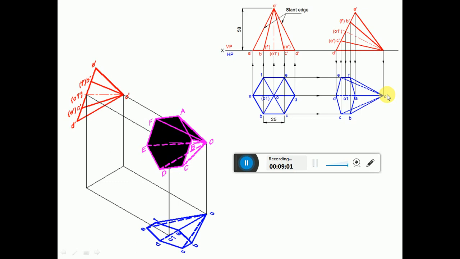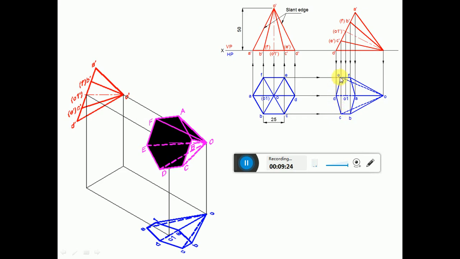Then now you apply the condition of visibility. How? First condition is all the exterior edges of the boundaries of the solids are visible. So OB, BC, CD, DE, EF and FO, all these edges fall on the boundary edges of the solid.